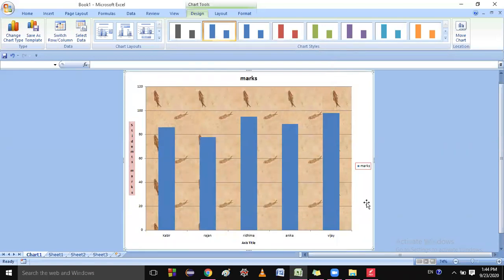Time is over. Formatting data. Let me take one minute more and I will finish this chapter. Next one is formatting data series. So what are data series, beta? You know these pillars are called data series. Do you know this thing or not?